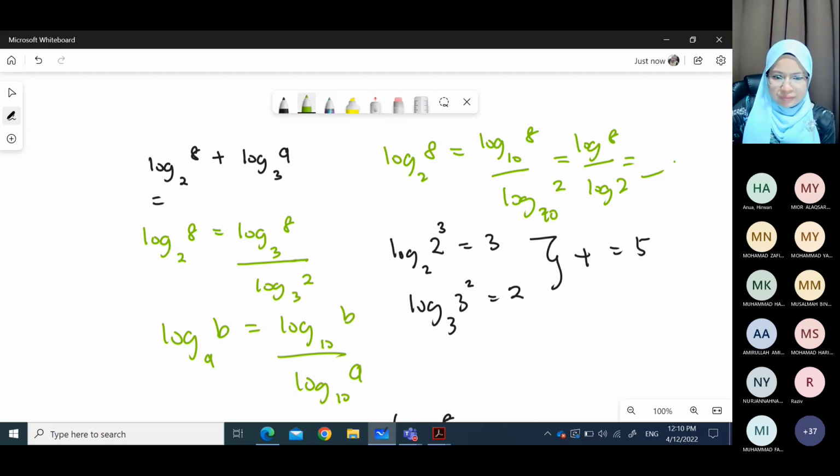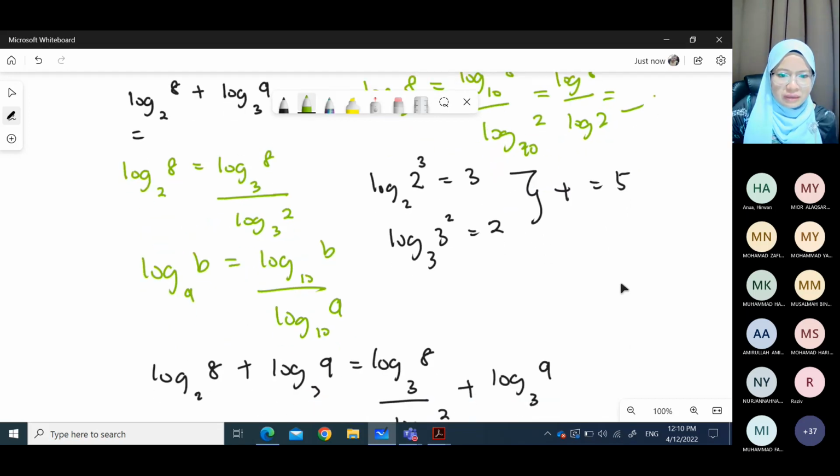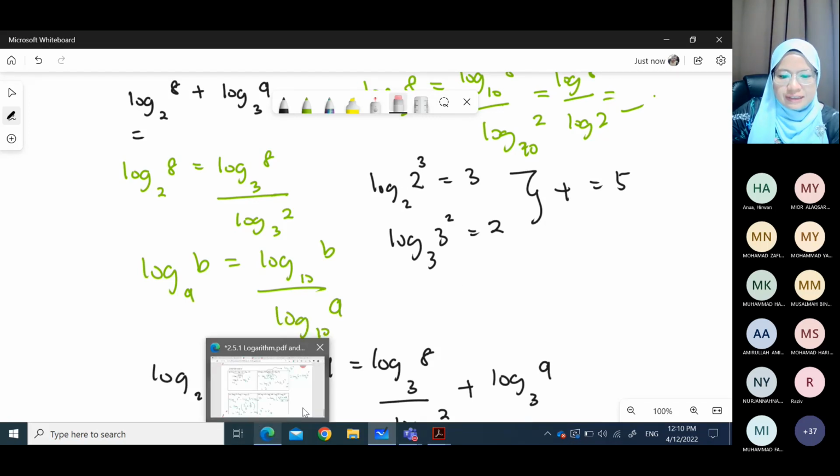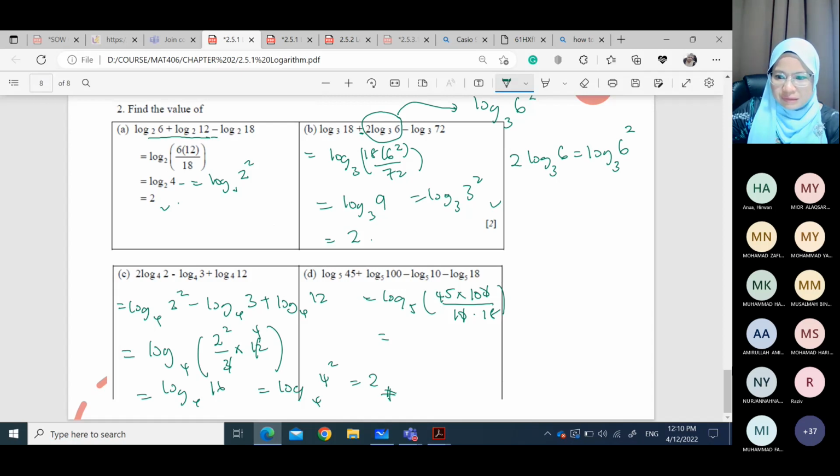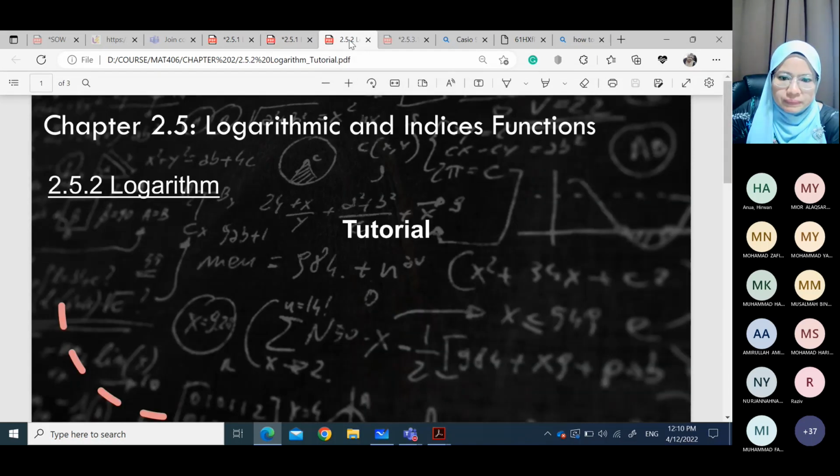Convert log. Ada kaedah dia. Okay. Yang itu nanti saya akan share dalam video yang akan datang. Okay. Convert log, convert ataupun change the base of the log. Okay. Alright, madam. Okay, ada soalan setakat ni? Any question? Tak ada. Alright, so kalau tak ada lagi satu iaitu